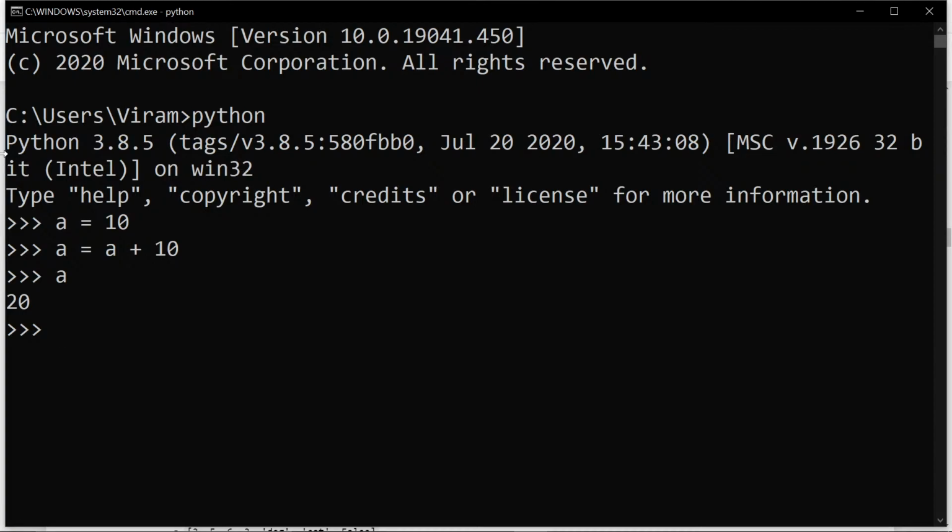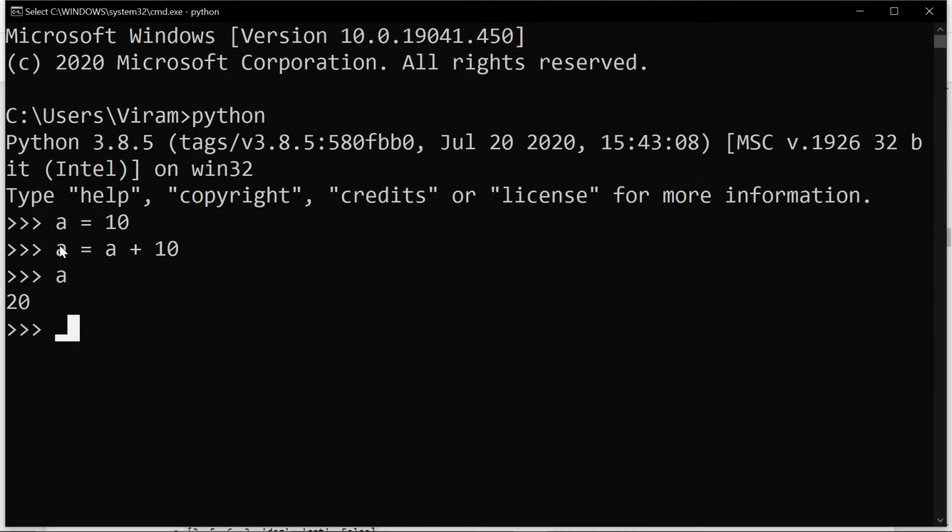A is 20. So a was 10, and let me explain this statement to you. Let's go from equal to the right hand side. A was 10, plus 10, and 10 plus 10 is 20. This whole thing was saved to a again, so a became 20. This is called a reassignment. You can do whatever to the previous value and again store that value in the same variable. So if you are not using the value a equal to 10 in the further program, you are saving the memory, and also reusing the memory. That's like recycling or something.